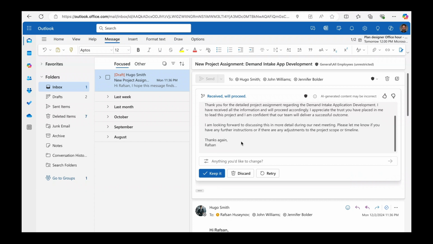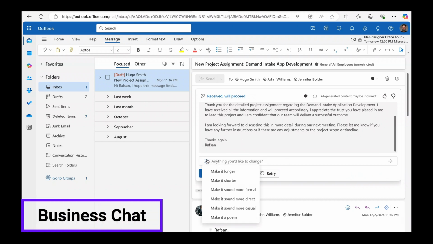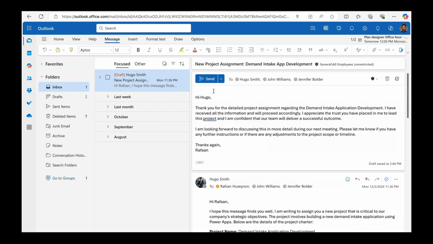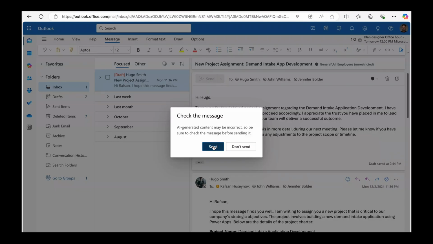I can review it, and if I want, I can change the tone, make it longer, make it shorter, make it sound formal, more direct. Even if you want, you can make it a poem, but that would make it even longer. So I don't need that. All I need to do is keep it, and then I will go ahead and send this email